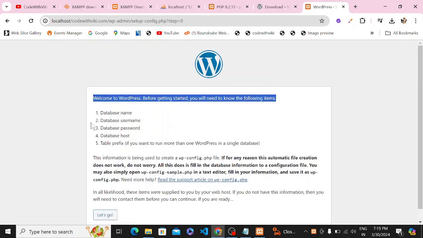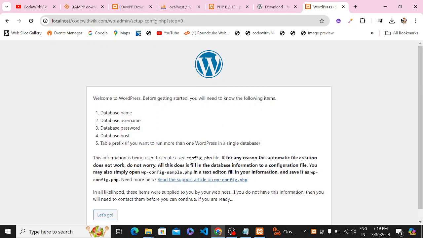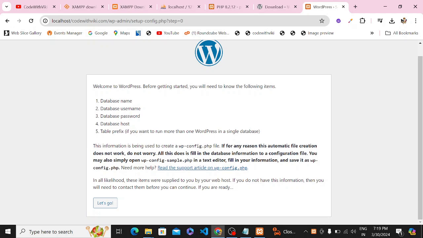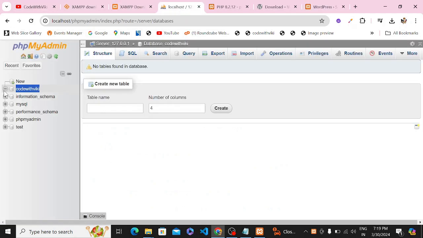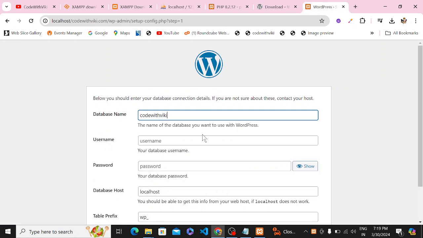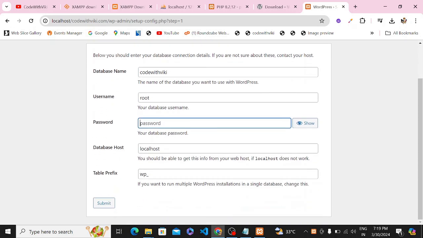And here you can see what it says: you need database name, database username, database password, the host and table prefix. So click on that, let's go. And here you have to paste the database name which you have copied, which you have created for your WordPress website. Just paste the name here. In my case it is CodeWithViki. This is the database username. In my case it is root, and there is no password, so I just keep it blank. And here you can see the table prefix,